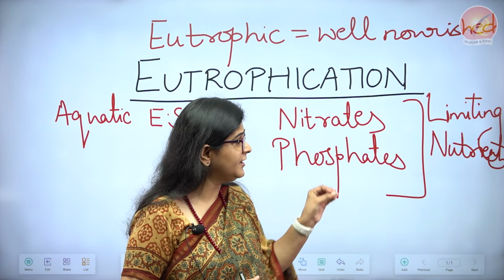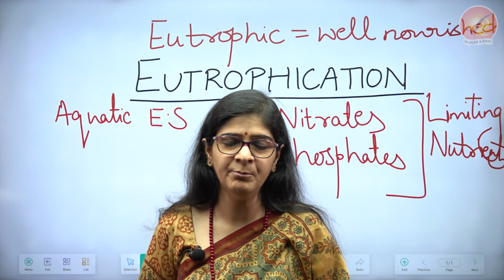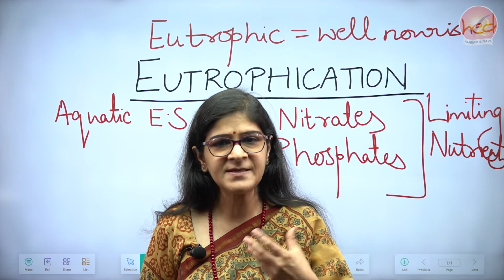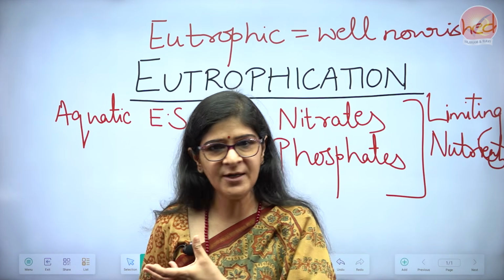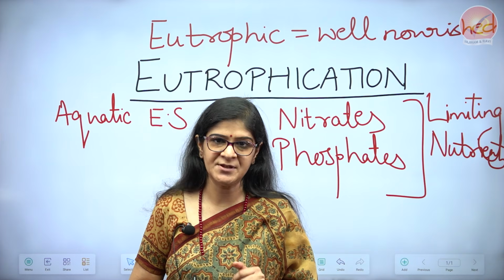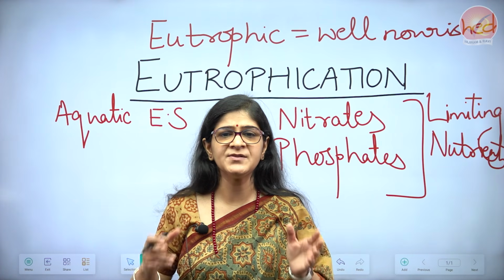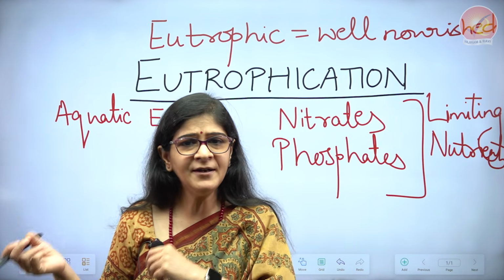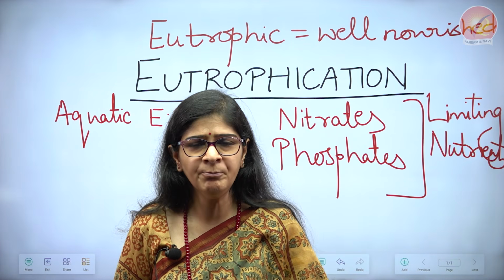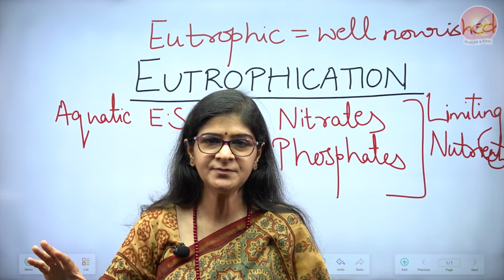In case the term limiting nutrients is making some confusion, a very simple way to understand this would be to think of tropical deserts. In tropical deserts such as the Sahara, the Atacama, or for that matter the Thar Desert of India, the limiting factor becomes the soil moisture. The primary productivity of these deserts would have been higher had the availability of soil moisture been more.